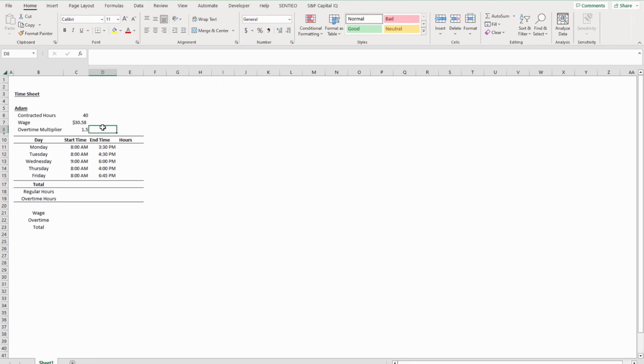Here's a quick example of how to calculate an employee's hours worked. So here we have a 5-day timesheet for an employee named Adam, who is contracted to 40 hours per week at $30.58 per hour. And these are the hours that he's worked between Monday and Friday. How can we quickly calculate how many hours he worked for the week and how much he needs to be